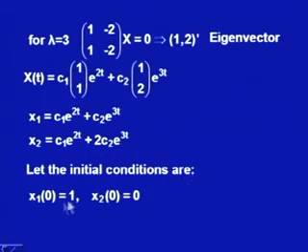Let the initial conditions be specified as x1(0) is equal to 1, x2(0) is equal to 0. See, in this equation we have two arbitrary constants involved in it. So, we in fact will have infinitely many solutions of the given system of equations, because these coefficients can take infinitely many values. So, to fix the ideas we can specify the initial conditions, and for the given initial conditions there are two in number. So, we can substitute them here, two equations, two unknowns, and one can solve for C1 and C2, and what we get is the particular solution.